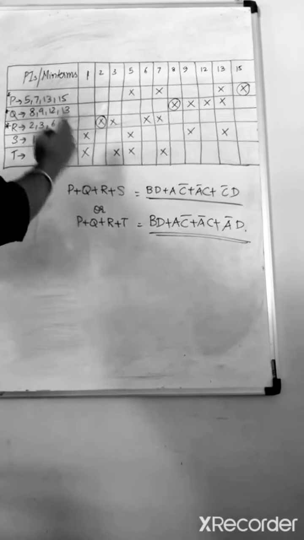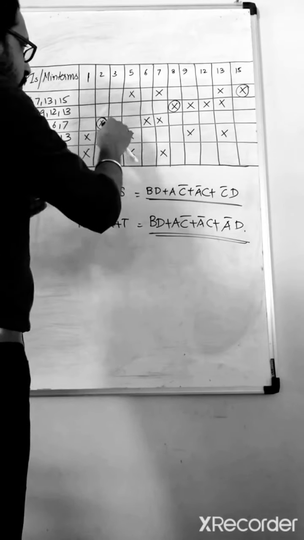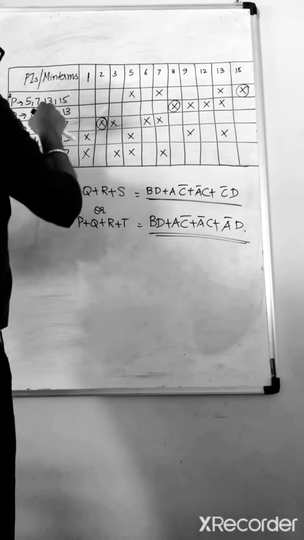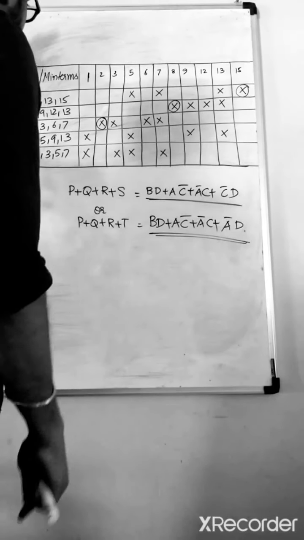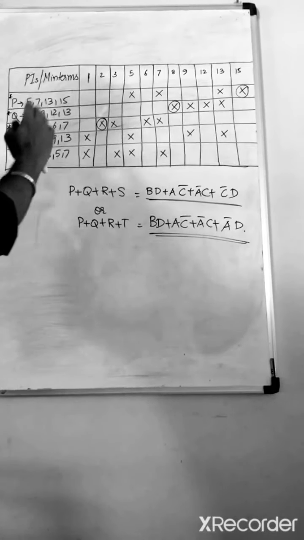So first, what we did is we go for the essential prime implicants, that is, the values that are not covered by any others. Here 2 was special for this case. Here 8 was the only case. Here 15 was the case covered by P. Thus, we say that P, Q and R are essential prime implicants that are an integral part of our answer.